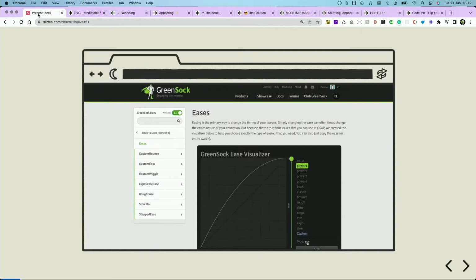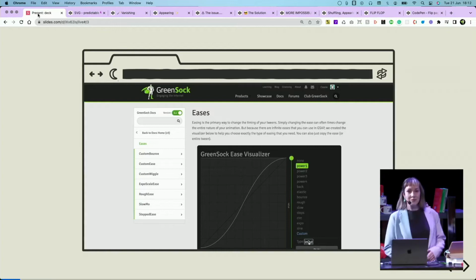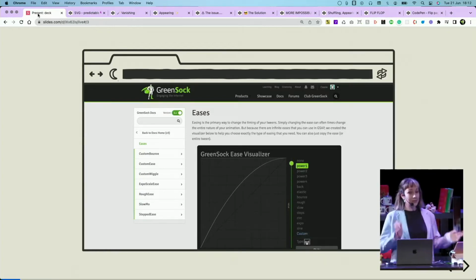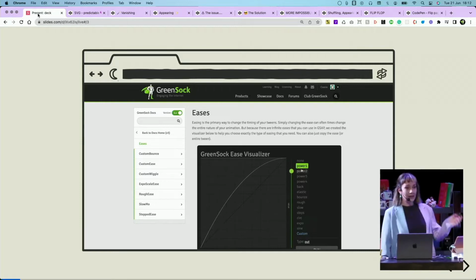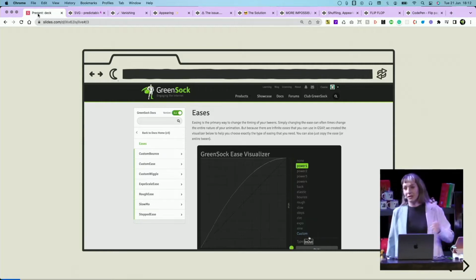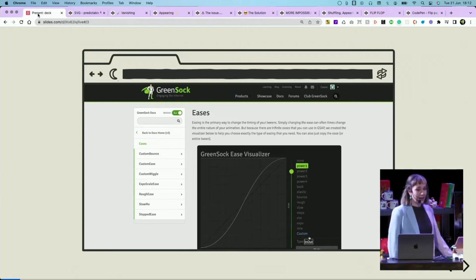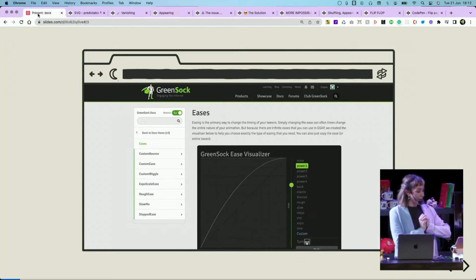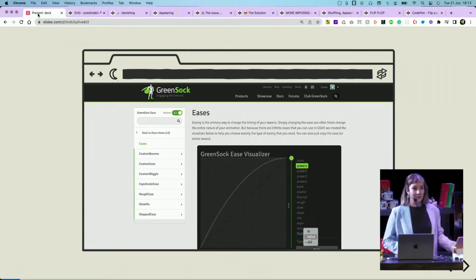So yeah, as Phil mentioned, I work at GreenSock. We make GSAP, which is a really popular animation library. You can use it to animate pretty much anything. So like UI elements or SVG or Canvas or Three.js, pretty much anything with a number, you can just chuck at it. And we deal with a lot of browser bugs and oddities so that everyone else can just do the fun stuff.